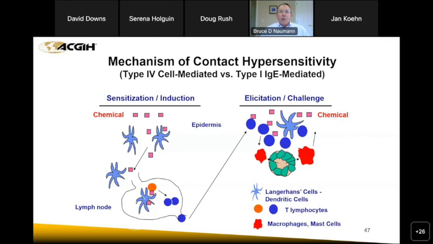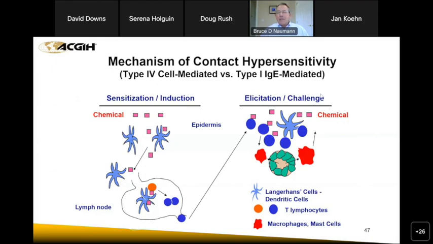As I mentioned before, there are different mechanisms going on, whether it's dermal or respiratory hypersensitivity. But you can pick up both of those in a local lymph node assay. There are different cytokines involved. But on the left side, the induction phase or the sensitization phase, the chemical comes in, interacts with cells that go into a lymph node, they proliferate, and then they go up to the right and are in the skin waiting for the next challenge from the chemical.